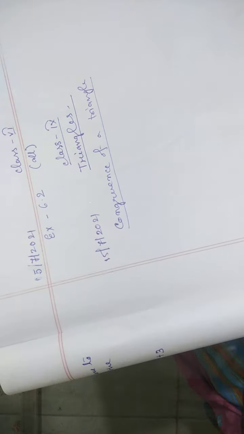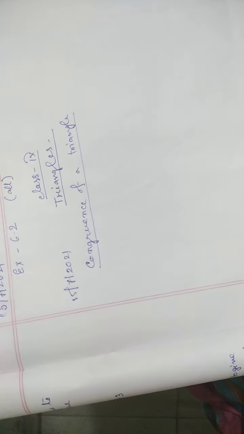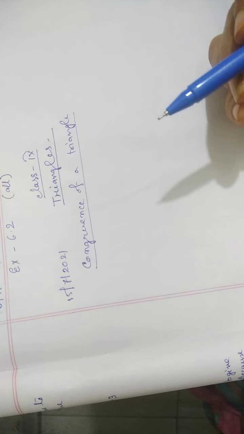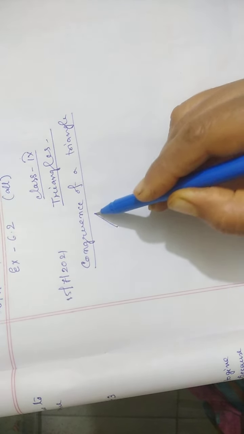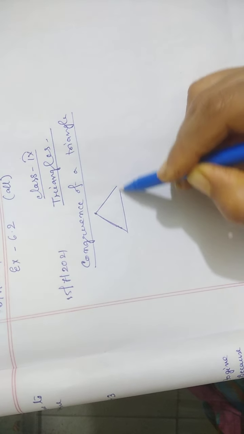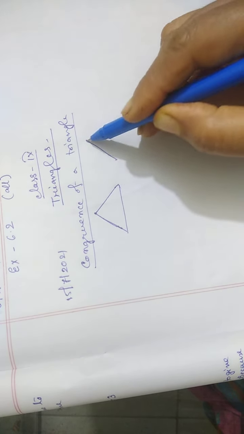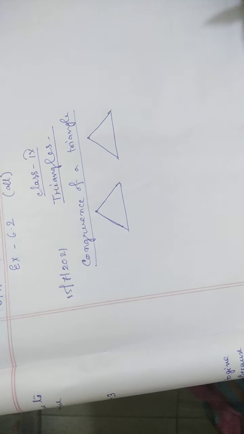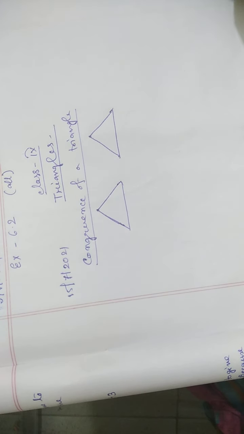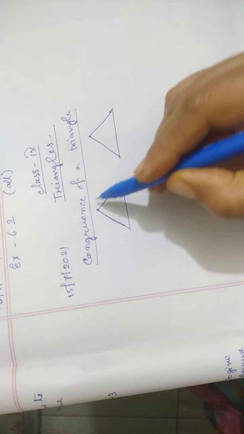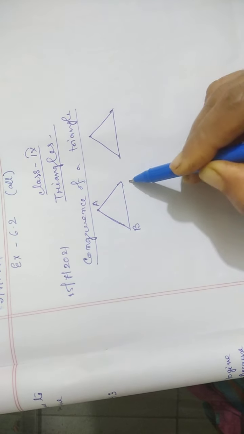So congruency of triangle is related with two triangles. Okay, so if the triangles are congruent or not, how can you understand? There are some criteria for congruency of triangle. Okay, so what is congruence? Congruence is when the corresponding sides of two triangles and corresponding angles of two triangles are the same, then it is said that the triangles